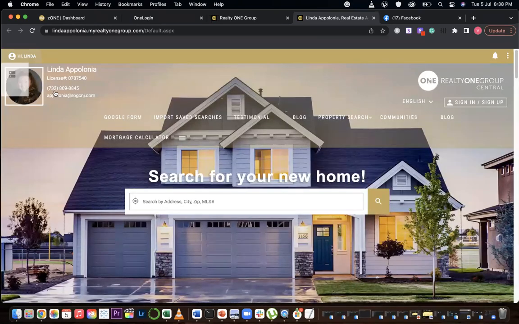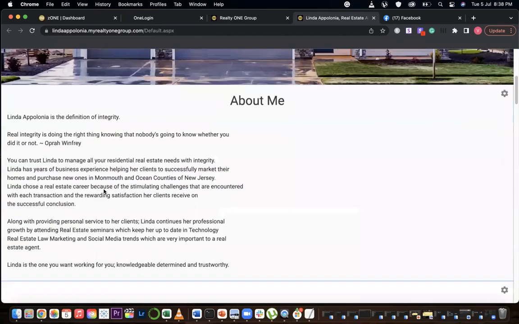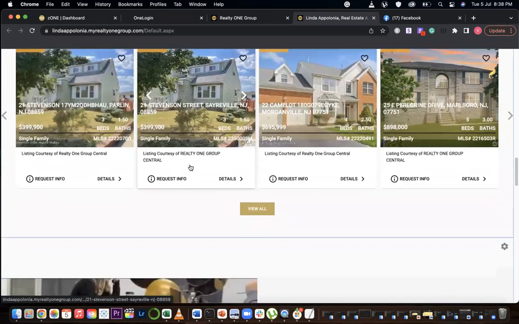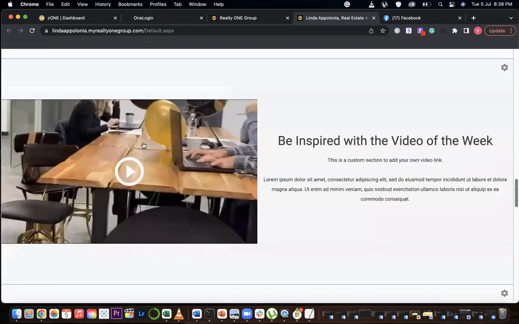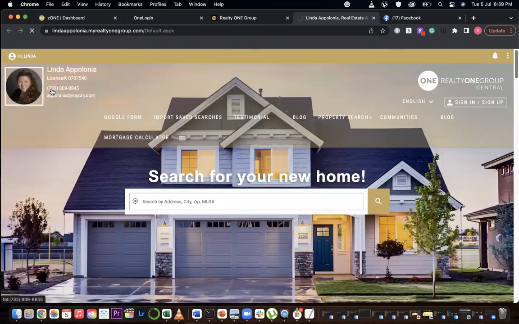Next, we have Manage My Featured Listings and Manage My Sold Properties. These two basically correspond to these widgets that we see here. The featured listings is the Manage My Featured Listing section. If you scroll down, this is the Manage My Sold Listing section. So if I go to Manage My Featured Listings,